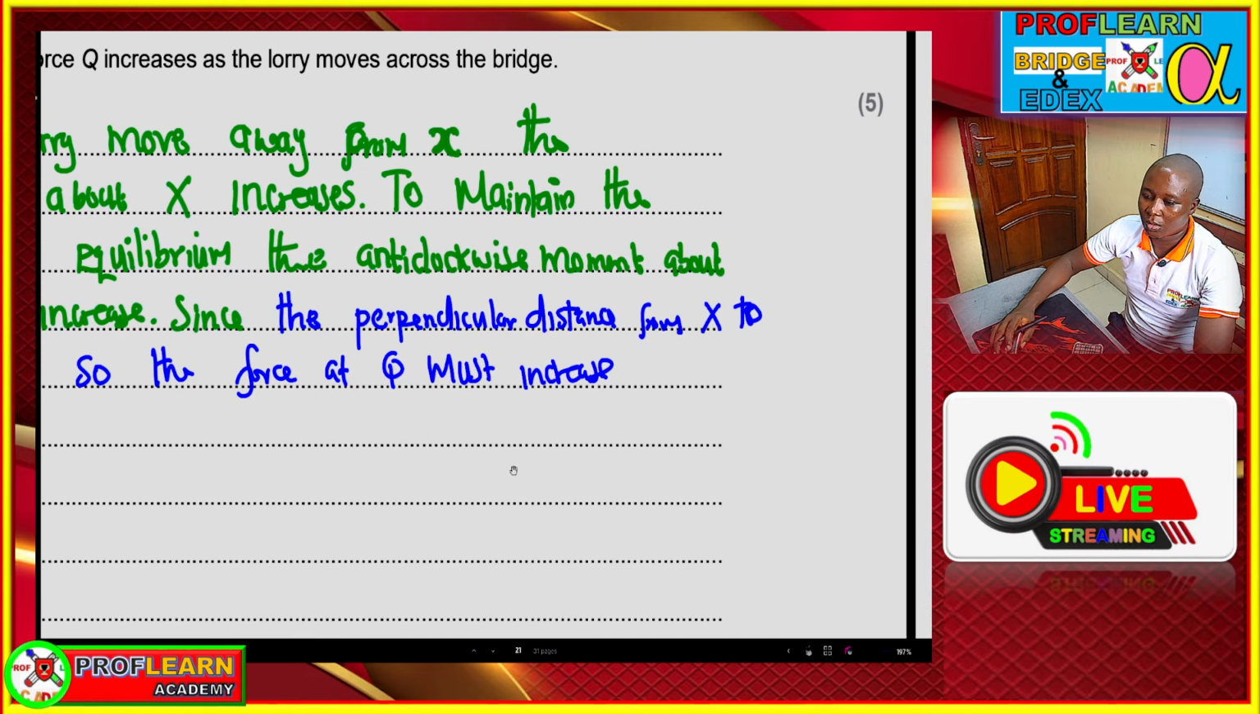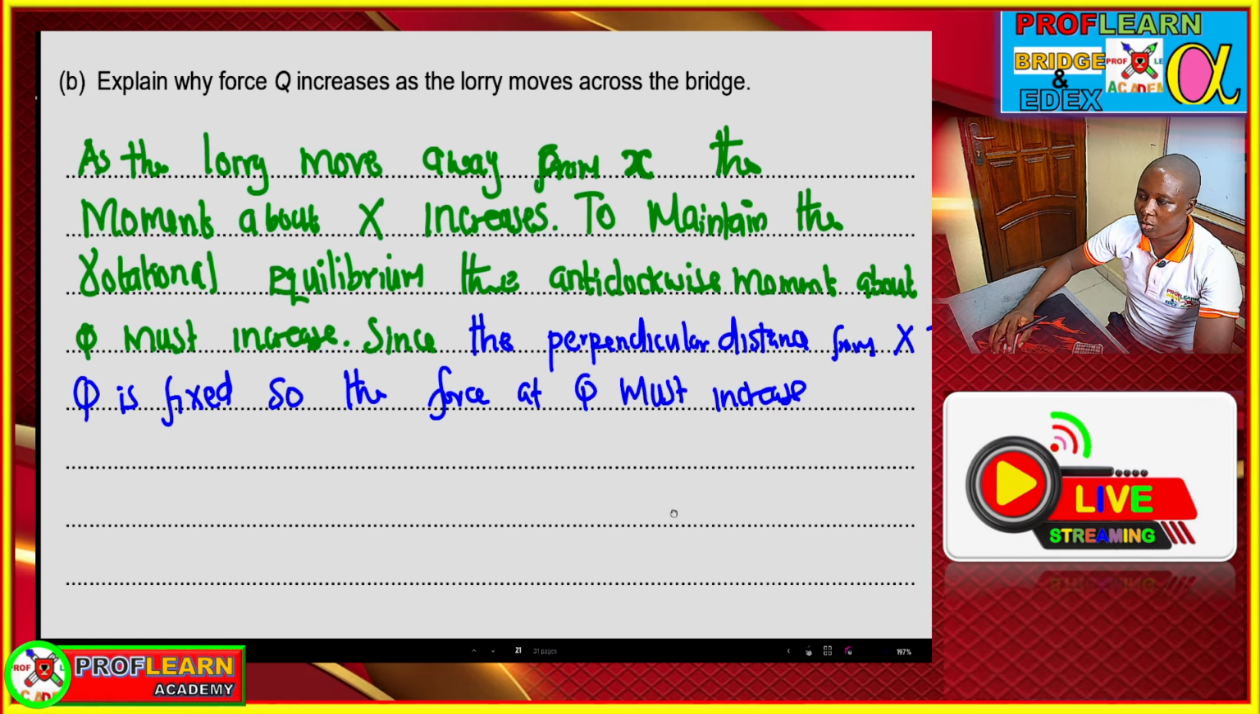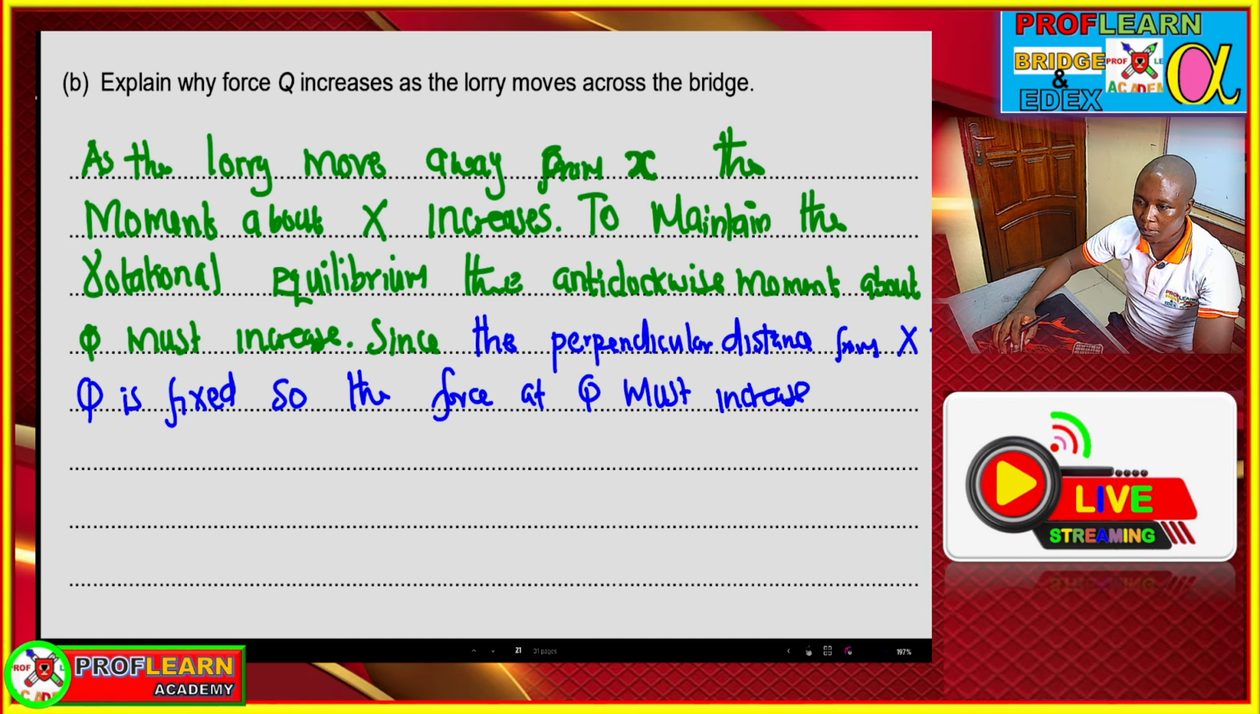The next question that we are going to look at here, you are told to explain why force Q increases as the rolling moves across the bridge. So you realize that as the rolling moves away from X, the moment about X increases. Since the distance remains the same, then the force has to be greater. So that's why I wrote the answer here and said as the rolling moves away from X, the moment about X increases to maintain